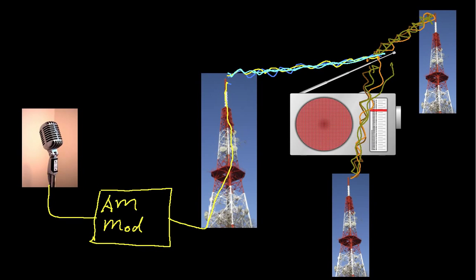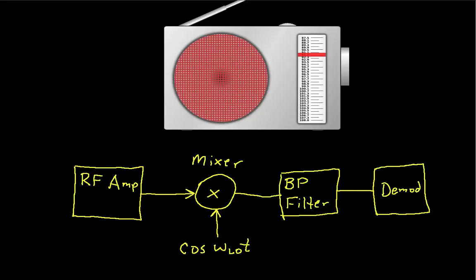Well, I've actually drawn a picture here that shows, at least conceptually, how the AM radio does this. The antenna of the AM radio is hooked into what's called an RF amplifier. This is an amplifier that's actually also a bandpass filter. We then have a mixer and another bandpass filter and then a demodulator. And what we'll do is go through each of these steps and look at what's happening in this system in